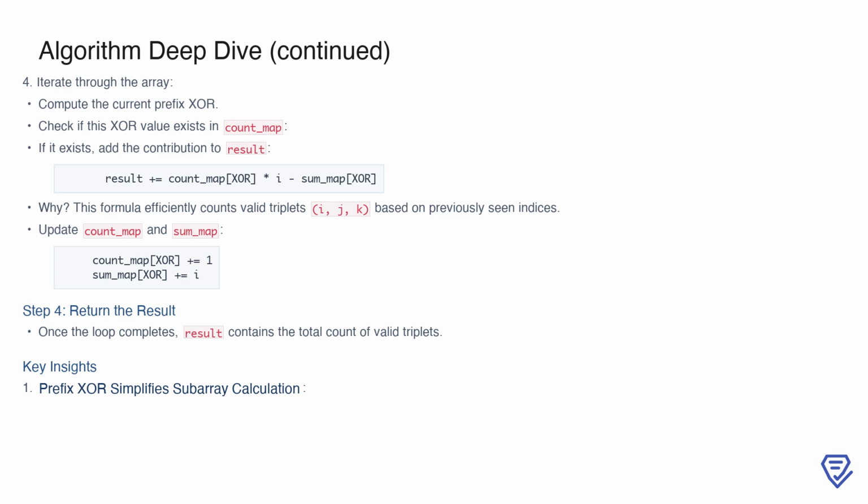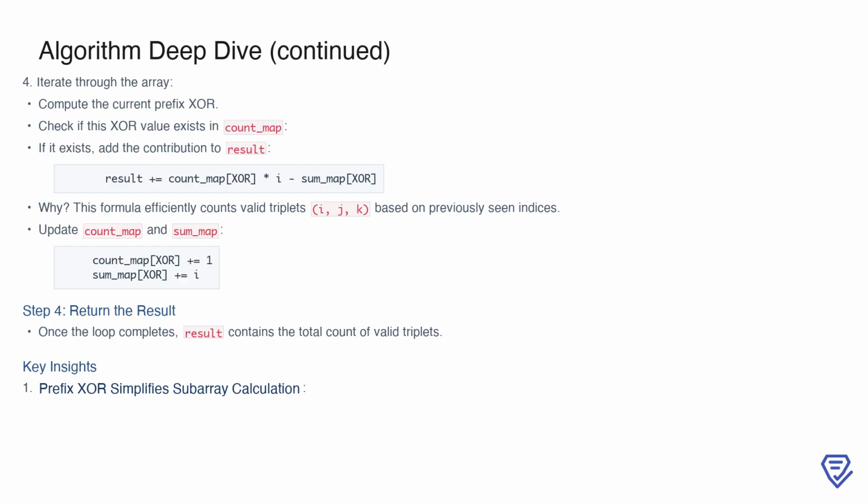After processing this contribution, we update both hash maps. The frequency of the current XOR value in count_map is incremented, and the current index is added to the cumulative sum in sum_map. By the time the loop ends, the result variable contains the total count of valid triplets that satisfy the problem's conditions. The key here is to use these data structures to avoid unnecessary nested loops, keeping the